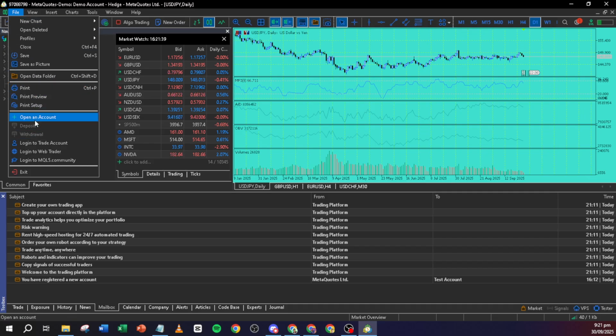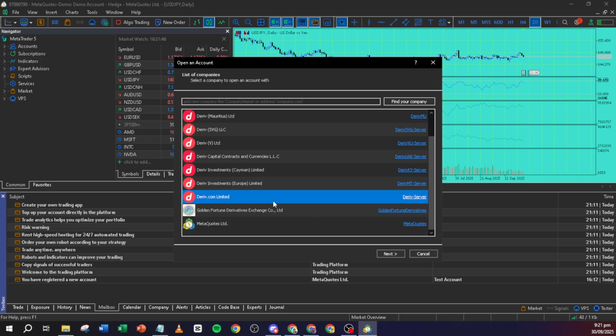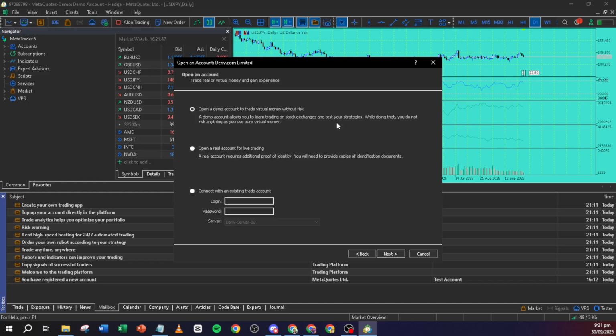This option allows you to integrate your trading broker details into the platform, setting the stage for you to start trading. Now, you need to find your broker within the MetaTrader 5 system. Use the search bar if necessary. Enter the broker's name and hit Enter. Upon finding your broker's server, select it and click Next to proceed.